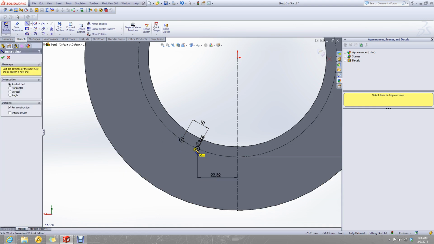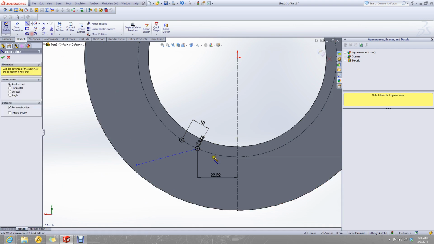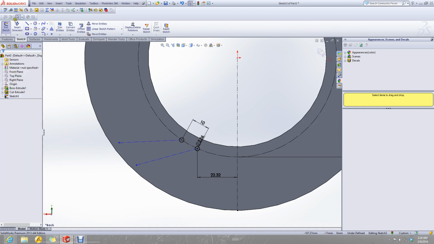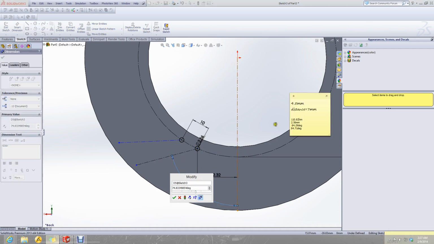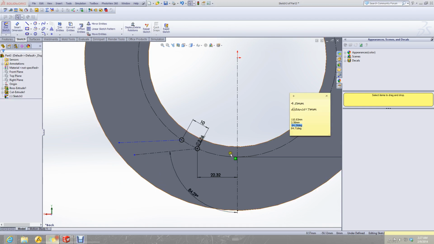Let's make the 2 lines along which we have to pattern these circles. Now we need to define the orientation of these lines with respect to the straight line. What we measured here is 84.29 degrees, and the other one 84.71 degrees.